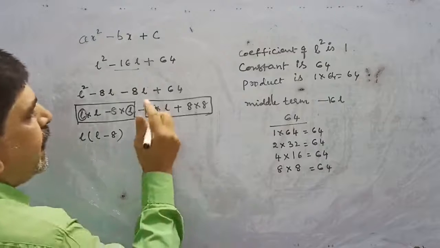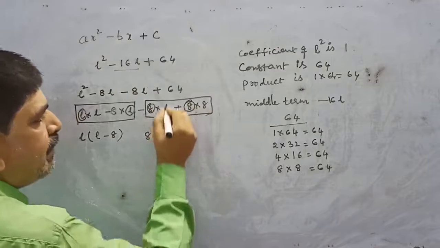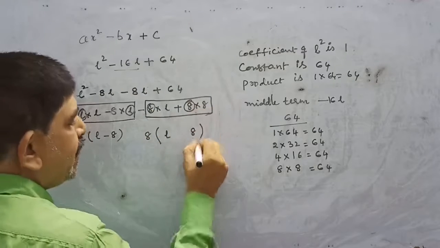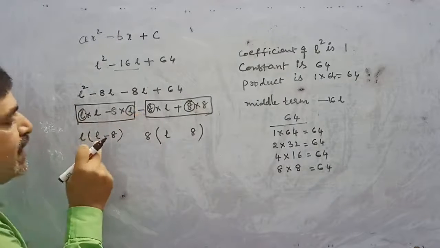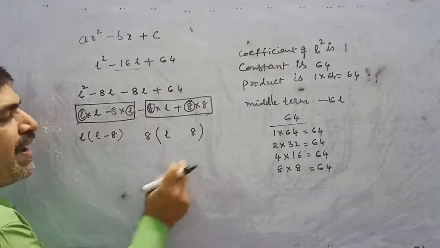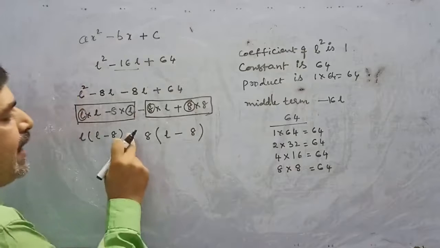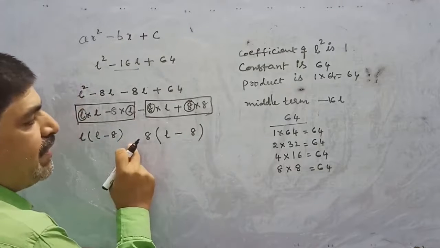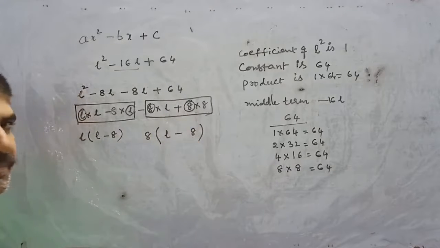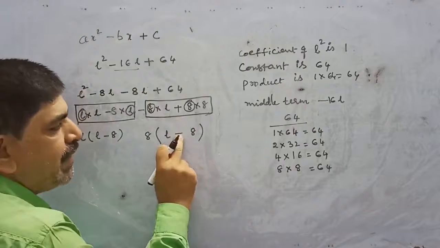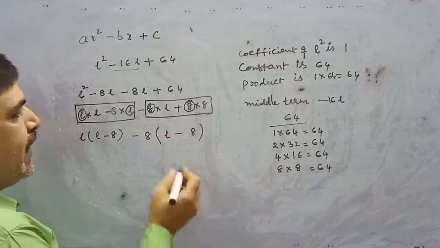Okay. Next one. Here 8 and here 8. So 8 is the common factor. Then remainder is L and here is 8. But here the symbol is minus. We know that whatever the factor we are getting in the first half, the same factor we should get here also. So we can write L minus 8 directly, and here we must get the symbol. So what is the symbol we have to get? By how much is multiplied by minus symbol, we get plus here? So that is minus. Like this also we can take the symbol.